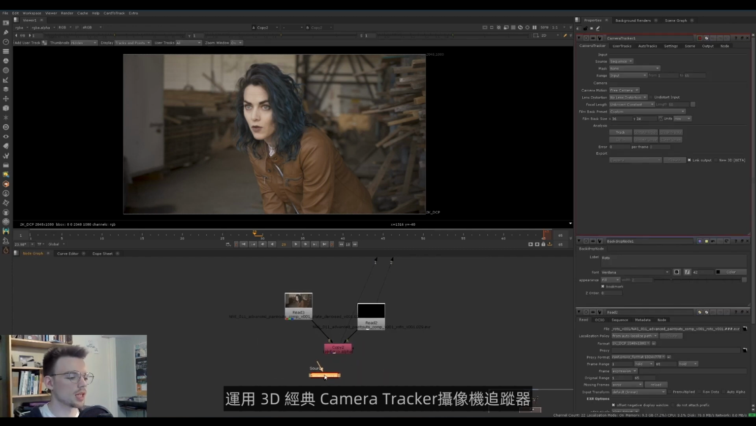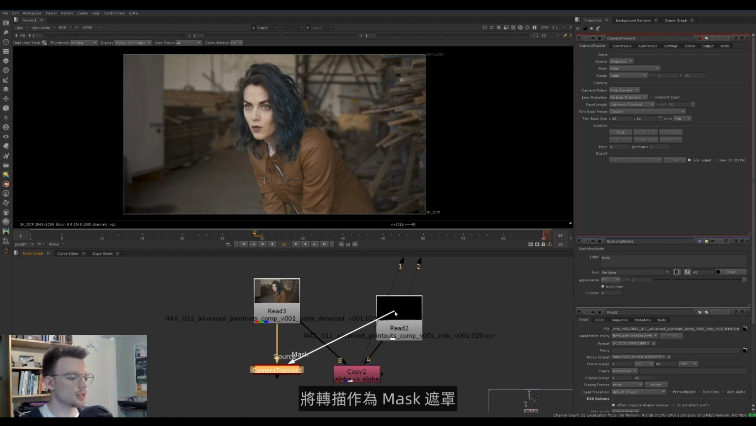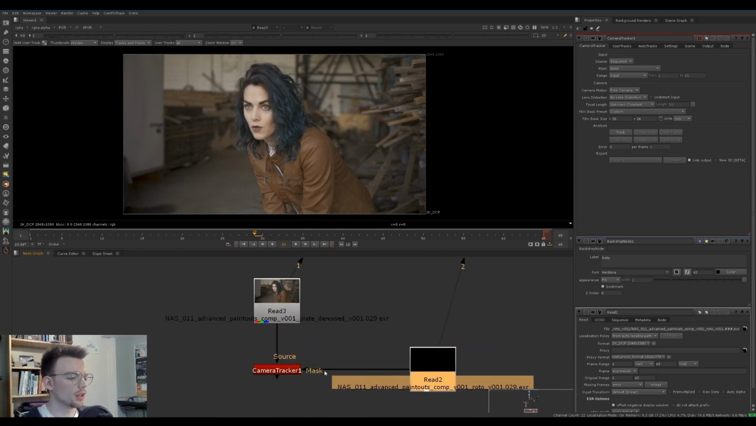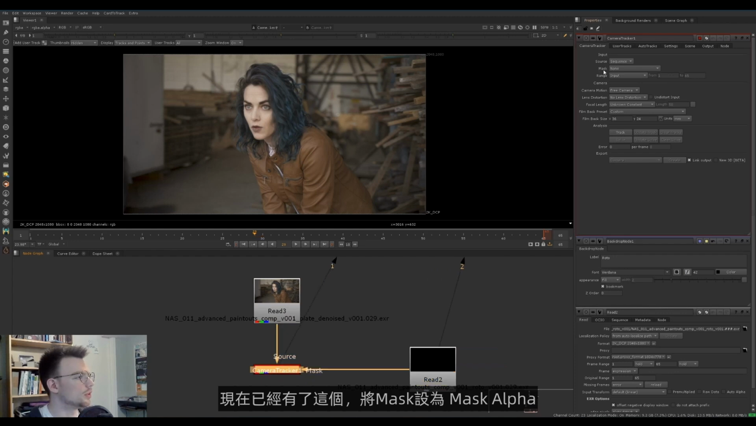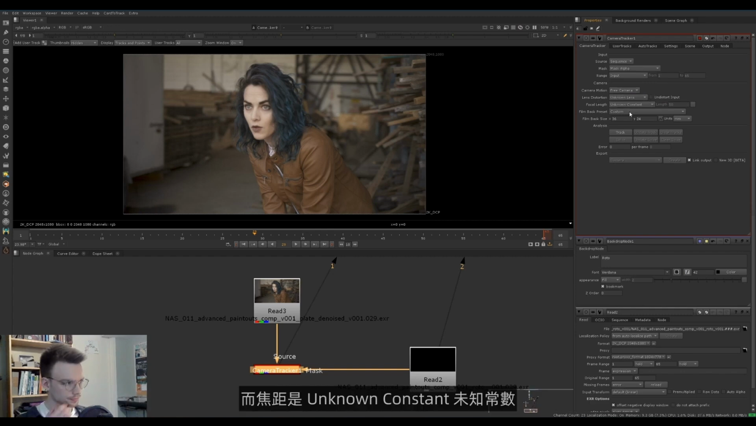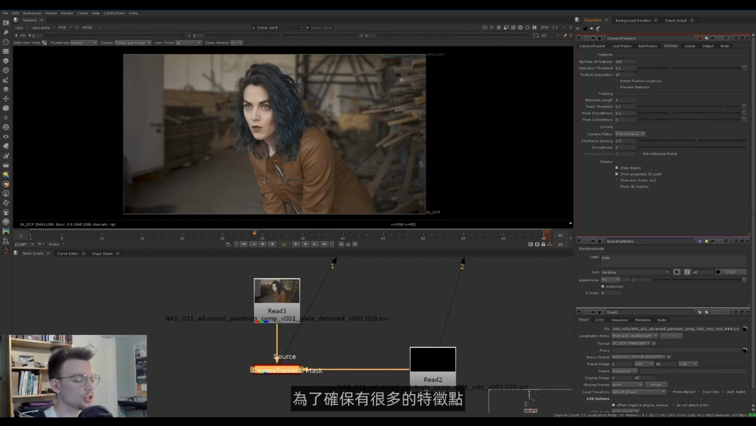I'm going to grab the 3D Classic Camera Tracker because I still rock with that one. And I'm going to set our footage as the source. And I'm going to use our roto as the mask. Like that. And I guess we don't need this copy node anymore. Now that we've got this, we will set our mask to be the mask alpha. We will say unknown lens for lens distortion because we do want to solve for lens distortion. And we know our focal length is an unknown constant, and we want to make sure we have a lot